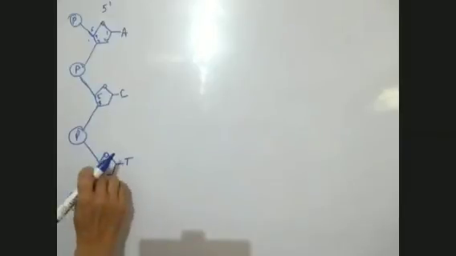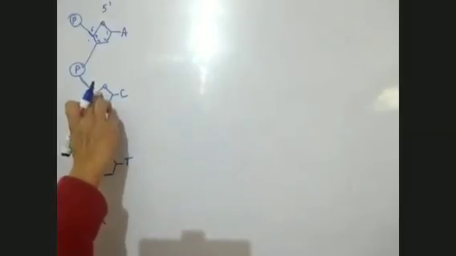Then again the third carbon to one of the phosphates. Then again the fifth. This way it goes. Is it clear? Beta, the first strand is clear. Fifth, third, fifth, third, fifth, third. This is again fifth. This is third. No, don't write fifth here, I have to write fifth here. And this is third. Is it clear, beta? Is this strand of the DNA molecule clear?